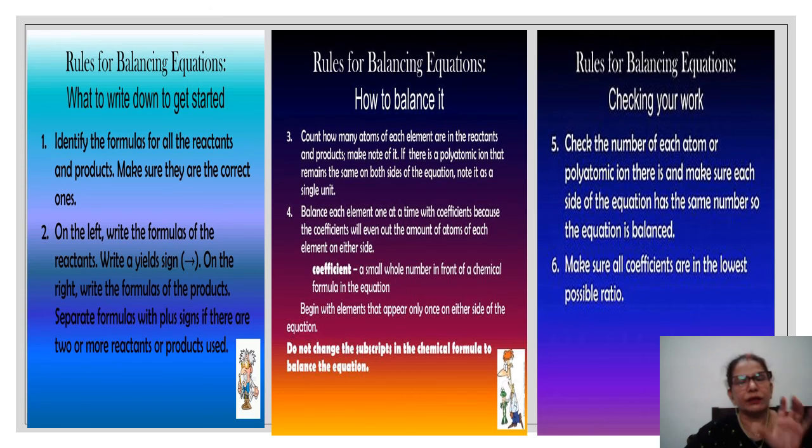Then you can, as I've told you, start with making boxes and write what are the elements, then the number of atoms of each element on the reactant side, product side. There may be 2 elements, there may be 3 elements, there may be 4 elements. Make the box. Okay. Then start stepwise. Start with one element, then go to the next. And continue this till you balance all the elements in the reaction. Okay. And the coefficient is always added in front of the formula, never at the bottom.